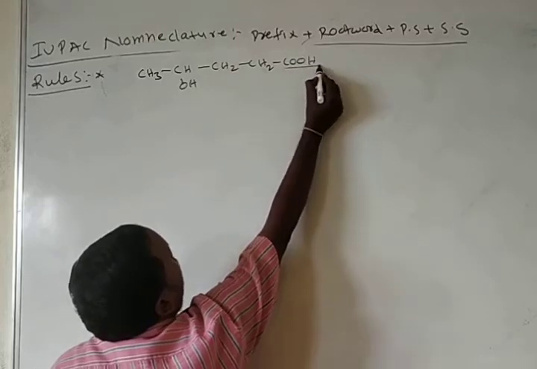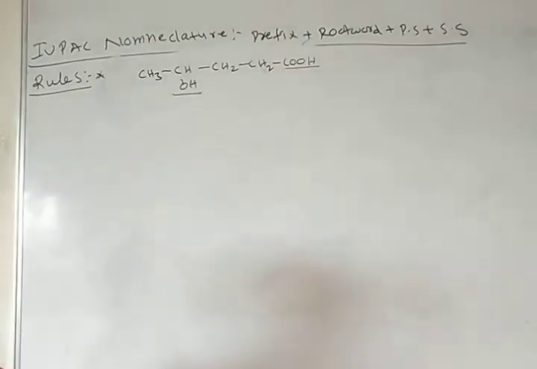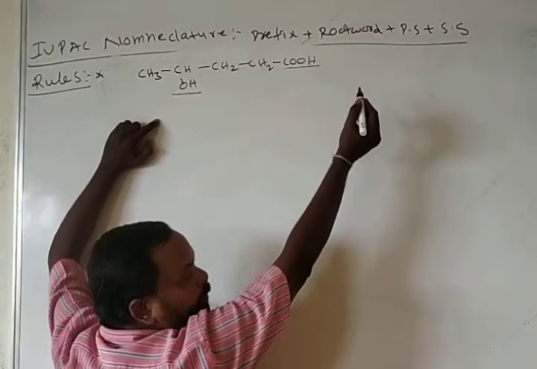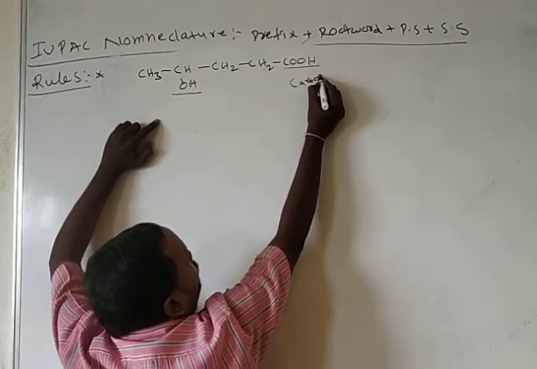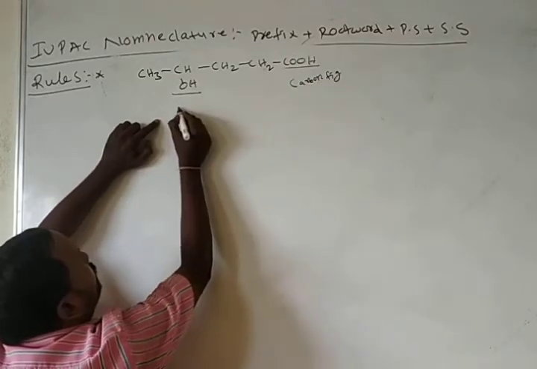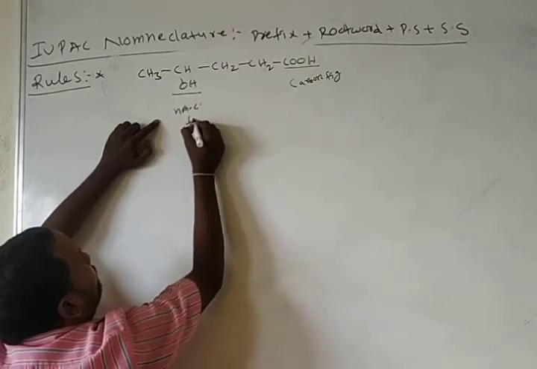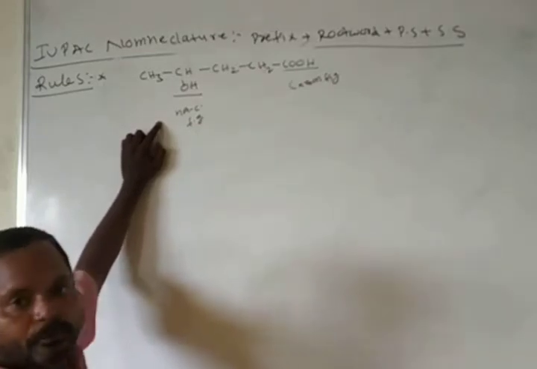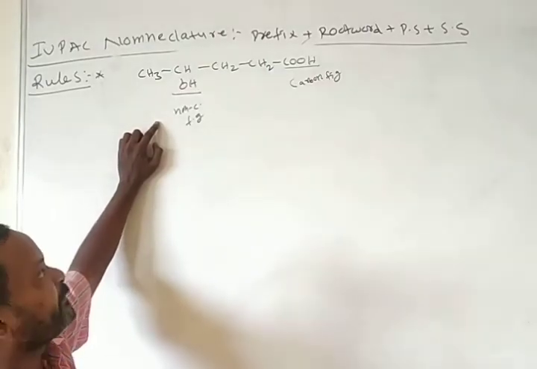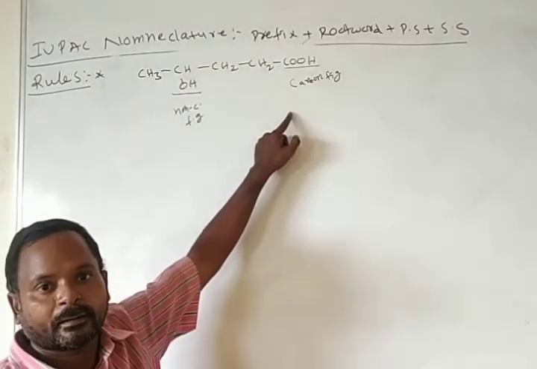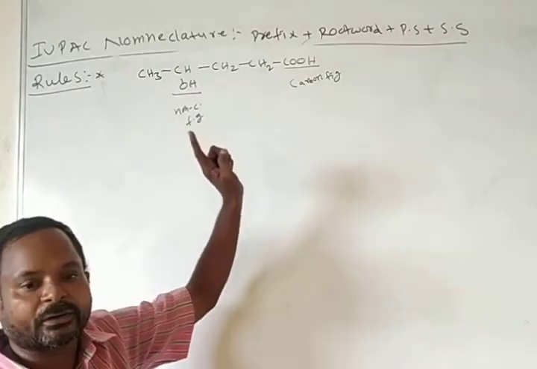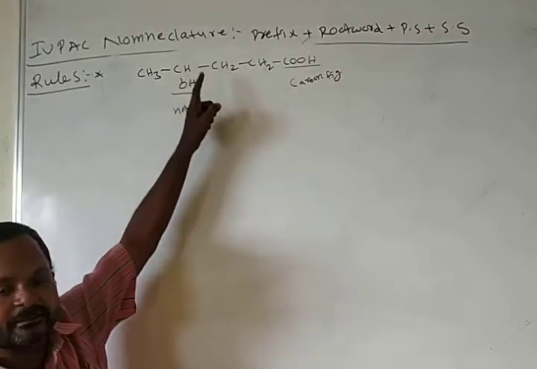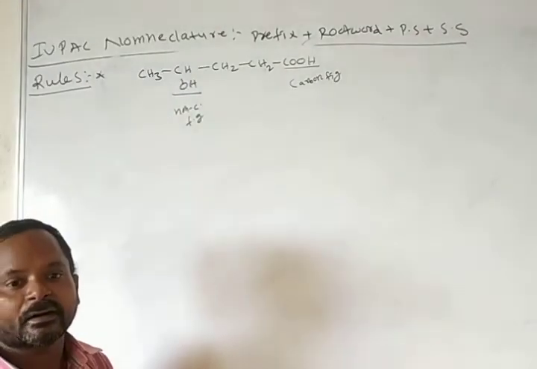Okay, this is the carbon functional group, this is the non-carbon functional group. If carbon functional group and non-carbon functional groups are present in an organic molecule, give the preference to the carbon functional group. And you should remember, every molecule has only one functional group. Remaining we consider as a prefix or substituent.